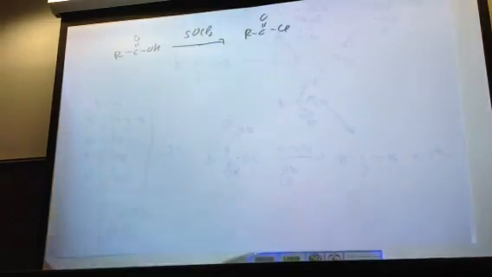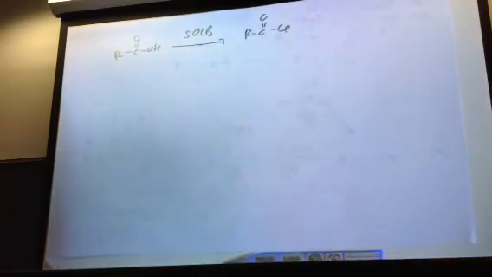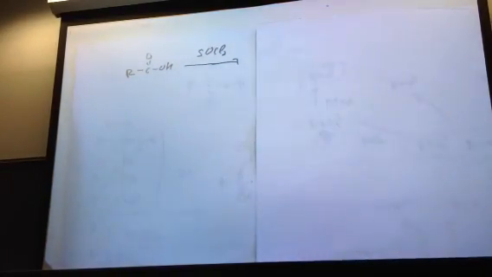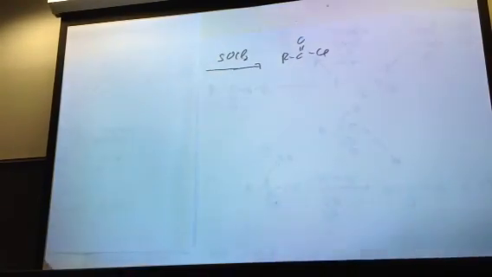Some of these questions look like this, on pages 883 to 948. I give you the starting material, I give you the reagent, and you tell me what the product is going to be. And then some will be like this, and these are more difficult. I give you the product we wish to make,